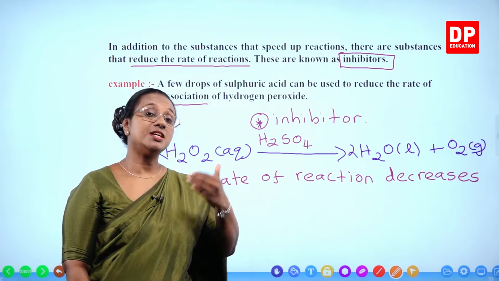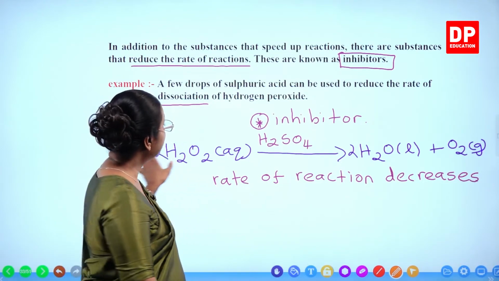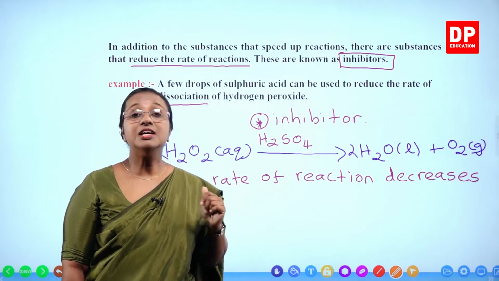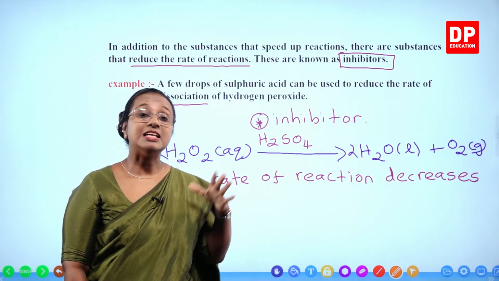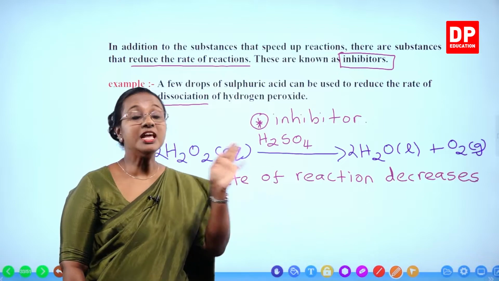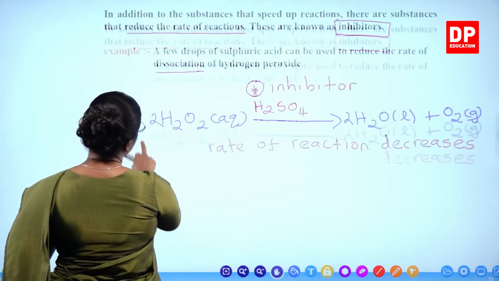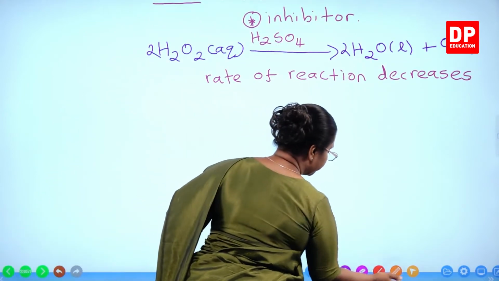Usually decomposition is when we heat the reaction. Here we don't heat it. We either add the catalyst or we use an inhibitor. A catalyst increases the rate of reaction. Inhibitors decrease the rate of reactions. So if we compare the three,